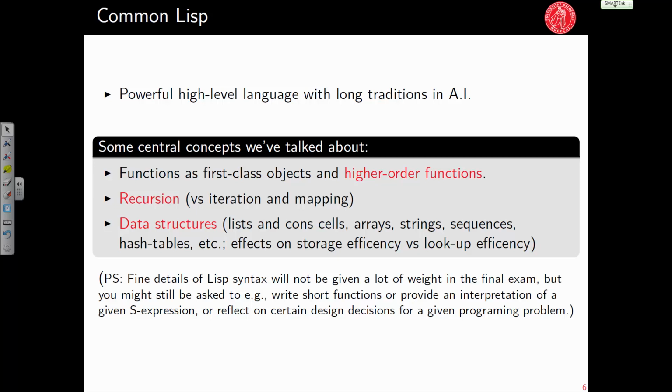So we expect you to know the difference between the data structures, the lookup time, how much memory you use, the preferences, all of these, because all of these were part of the teaching process. So how to choose the data structures. But we're not going to count parentheses or anything. The smallest proportion of the exam will be on Lisp, but there will be a Lisp-related question in the sense that it is going to be part of